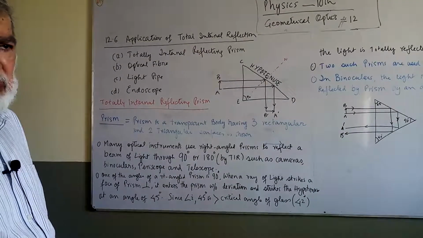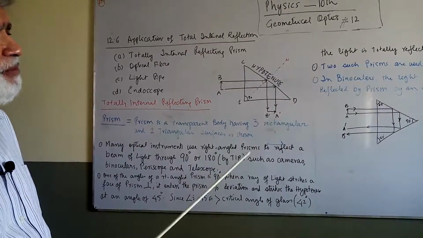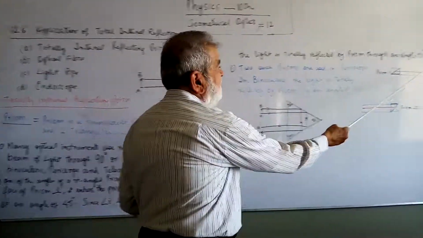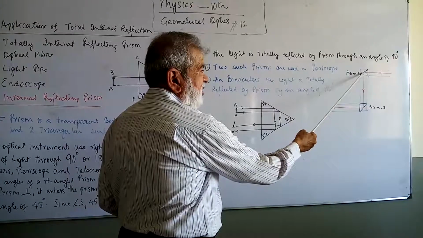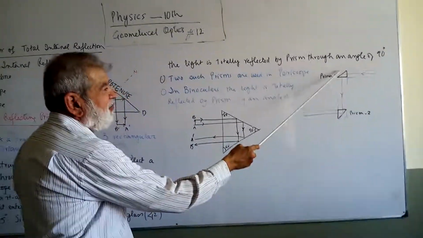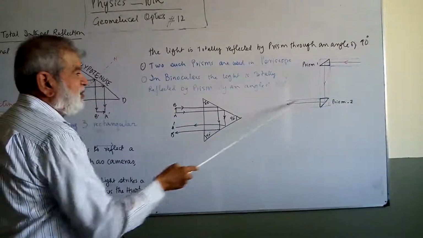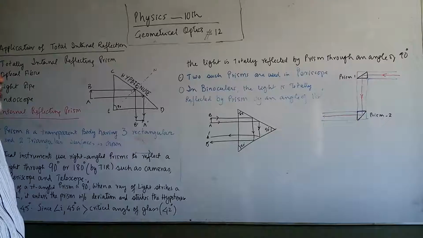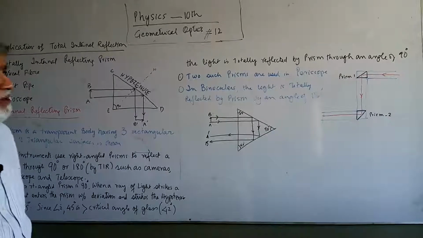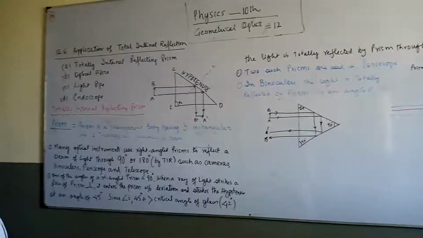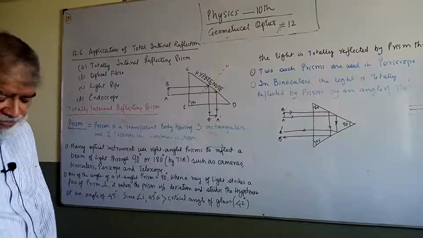Two such prisms are used in periscopes, as I have shown you over here. The ray of light enters from here, strikes this surface at an angle of 90 degrees. Since the angle of incidence 45 is greater than the critical angle, it goes over here and it can be seen over here. But in binoculars, the light is totally internally reflected by a prism by an angle of say 180 degrees. The next topic that we are going to discuss is the optical fiber,